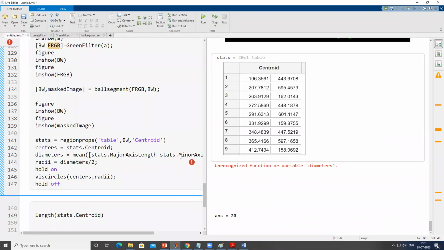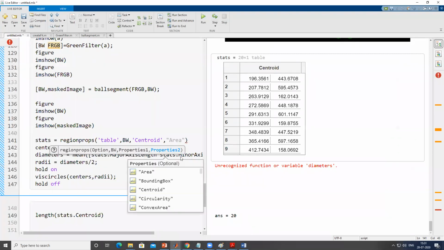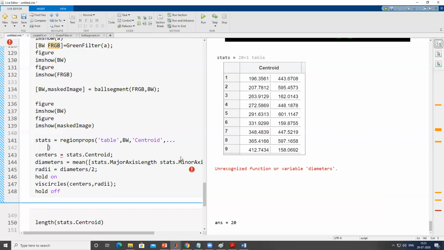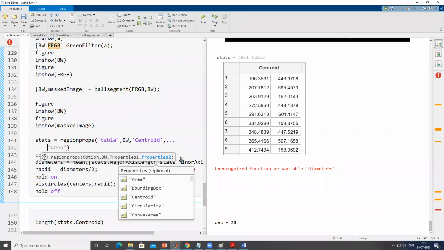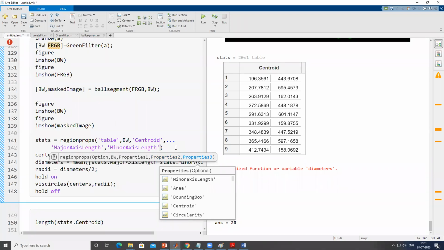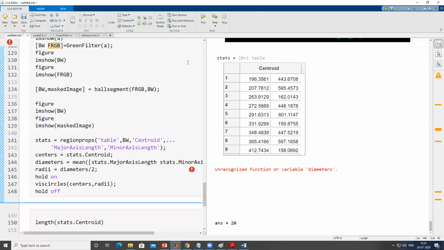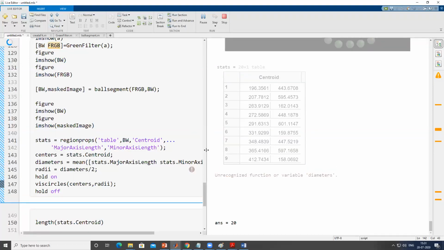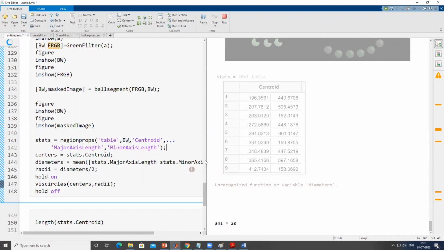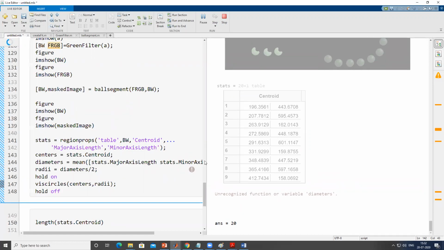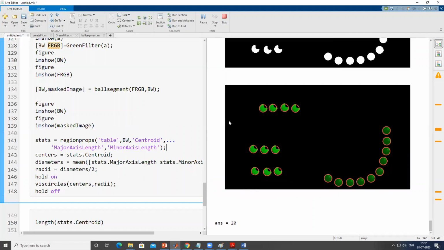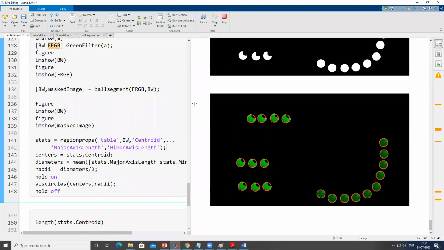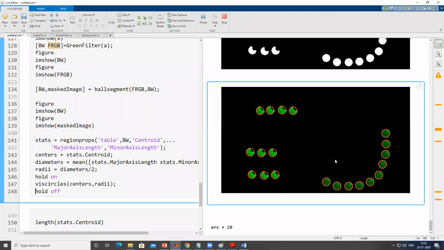Okay. So sometimes we have to write some more lines of code, which is not possible in the same line because it will be too lengthy. So we put a comma and we put 3 dots. This 3 dot tells MATLAB that the line is continued, and whatever it reads in the second line is part of the first line only. Okay. Now we'll run the section. Right now it is processing the outer boundary, and here it gives you an idea which part it has used for counting.